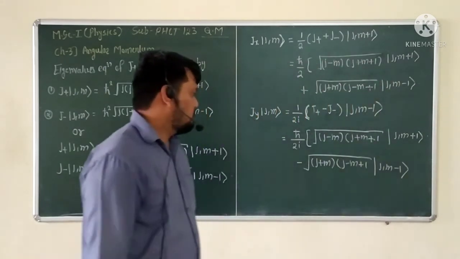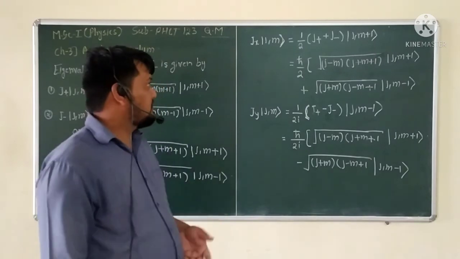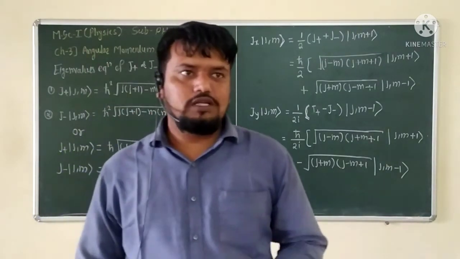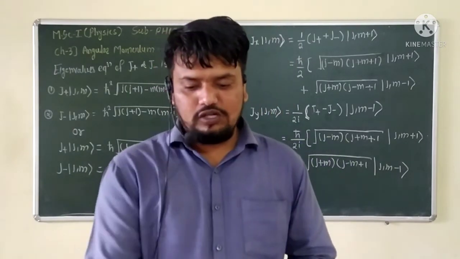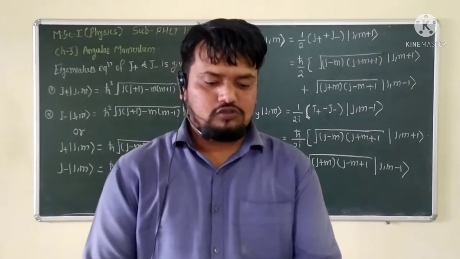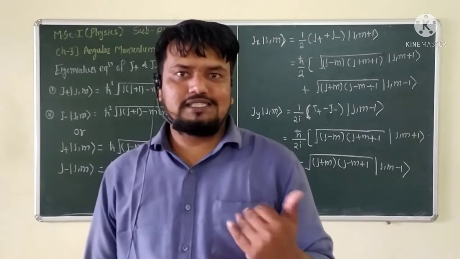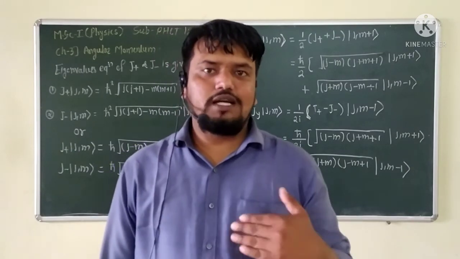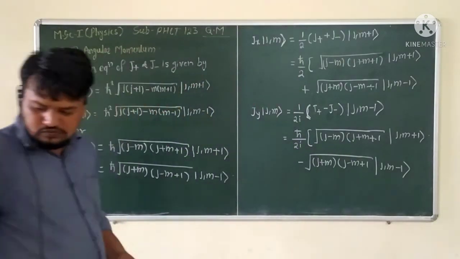Okay, and using these two relations we want to solve for the matrix representation of angular momentum, which is calculated for J square, Jx square, Jz, and again J plus, J minus, all these types of matrix representation, so we need this equation. So now we have to know that the expectation values of Jx and Jy are 0, and the expectation values of Jx square and Jy square are equal, so we want to write here.